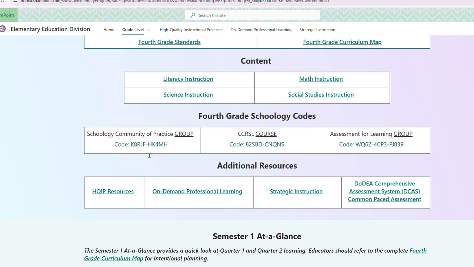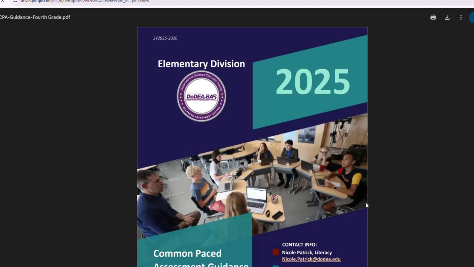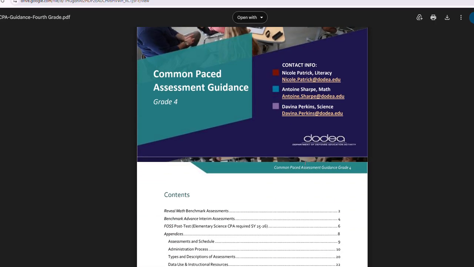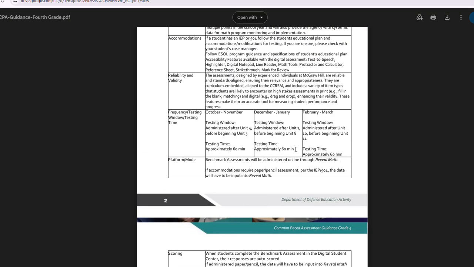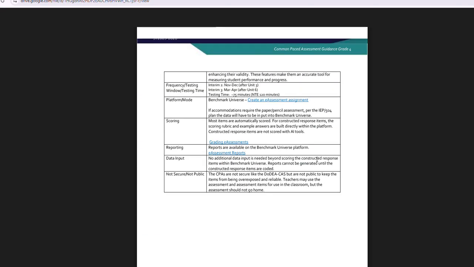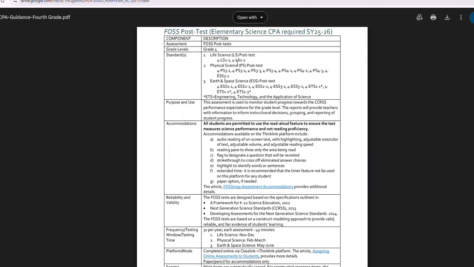Also on the page, you'll see our Schoology codes and some additional resources. Within this additional resources, the last one here talks about common paced assessments. This is a common pace assessment guide for each grade band, each grade level. Within this particular set, you'll see there is materials and information listed for FOSS testing, which is new for us here this year. For FOSS testing, we'll scroll down to that page, and you'll see it tells us what standards are assessed,